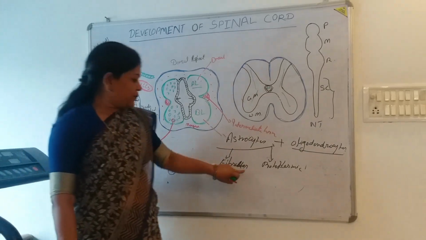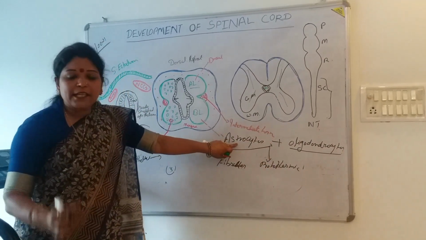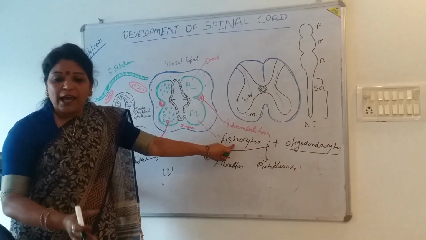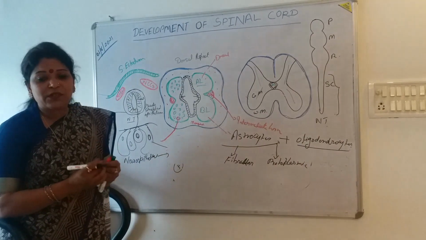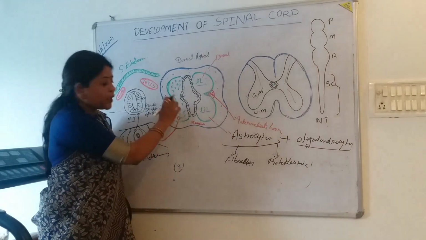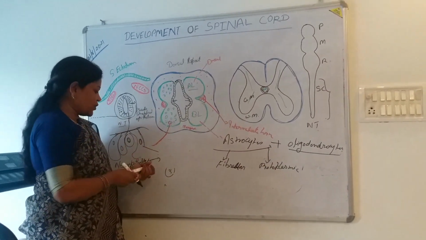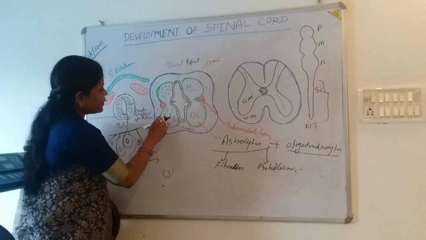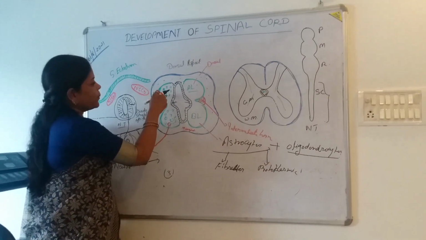Both of these have supportive functions as well as metabolic functions for which type of cells? Which type of cell needs this function? That is the mantle layer. The neurons, that means the cells which are present here in the mantle region, the mantle area,